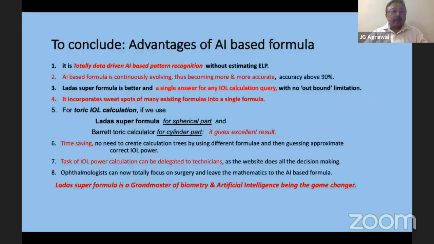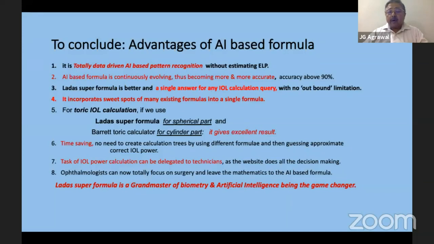To conclude, the advantage of artificial intelligence formulas today is that they are data driven, with pattern recognition, without estimating the effective lens position. Artificial intelligence based formulas are continuously evolving, thus becoming more and more accurate.